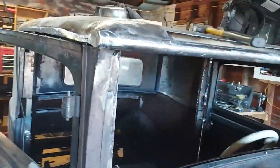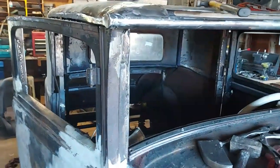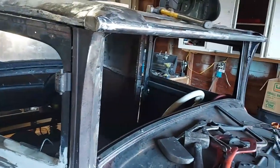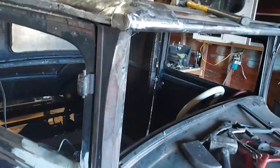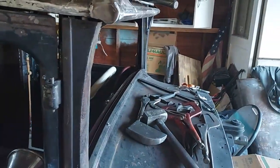Wife had laryngitis, couldn't even talk the last couple of days. I seem to be getting a little hoarse. I don't know. I never catch anything from other people, but